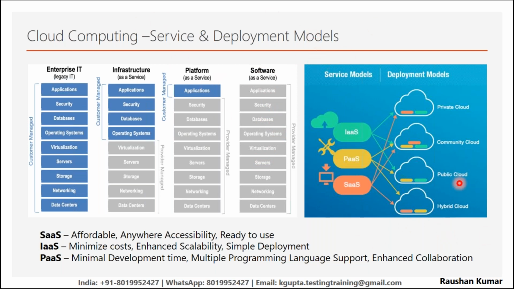We have hybrid, public, community cloud, and private cloud. So it depends on your requirement whether you opt for public cloud or hybrid cloud. With hybrid cloud, some of the components you want to be on-prem, but some you want to be in the cloud, the public domain. For the public domain, examples would be AWS, Google GCP, or Azure. They are the major cloud providers here.